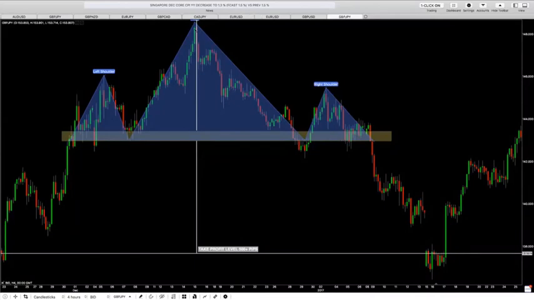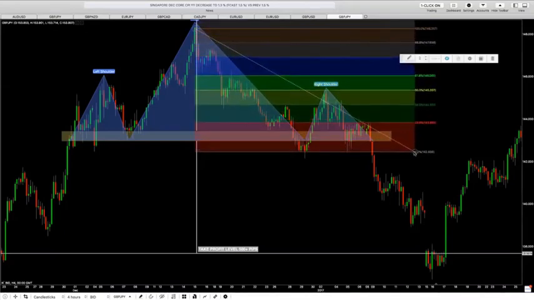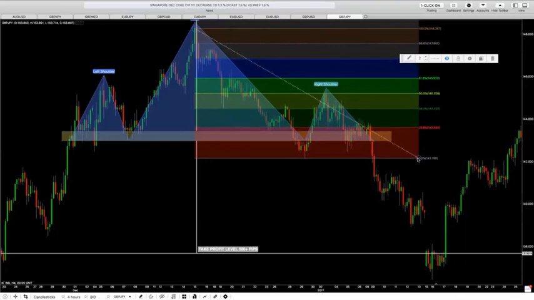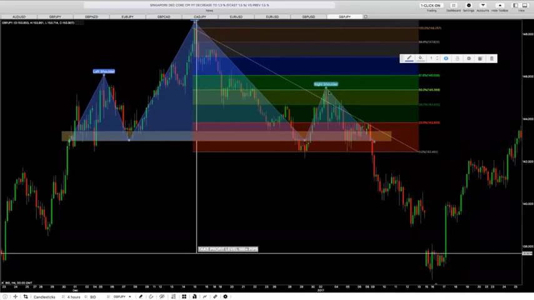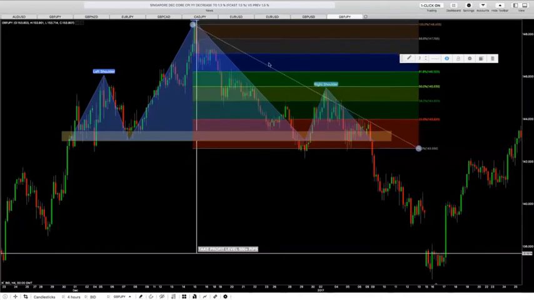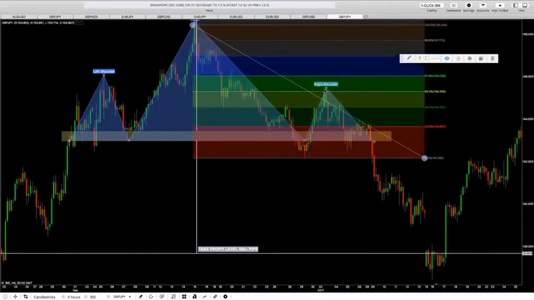So in this head and shoulders pattern, I'm going to come over here to the high of the body, and I'm going to put it down to the low of the body, or to the low of the wick. I could do either one. If you do the Fibonacci from body to body, you're usually looking for a more concise entry point. If you do it from wick to wick, you're looking more for the range of the price. It's not much of a difference, and it's a matter of preference.